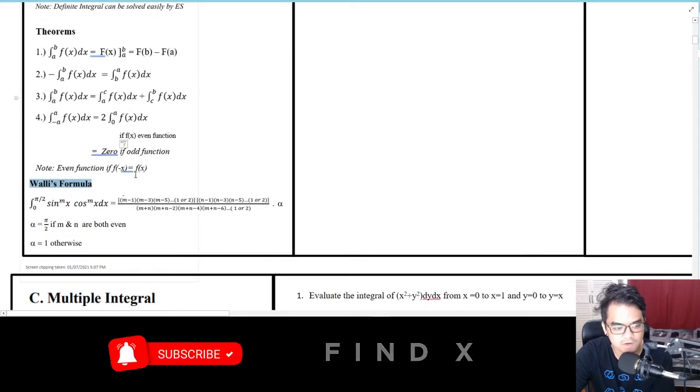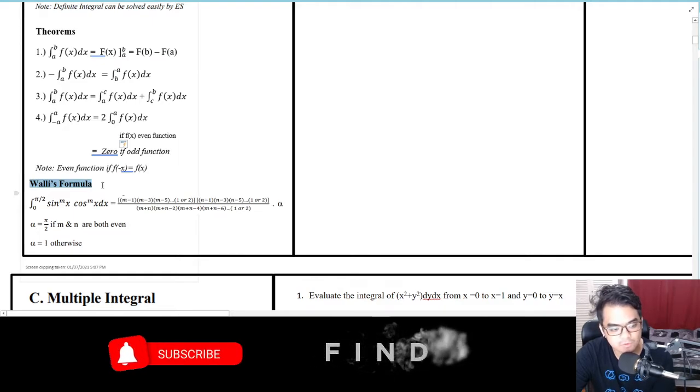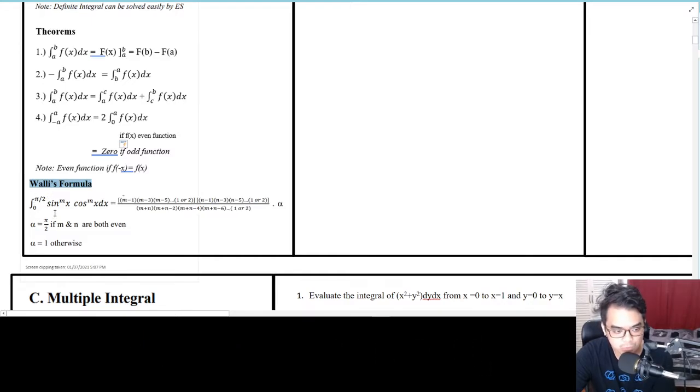Okay? So note that you can say that a function is even if f of negative x is just equal to f of x. Okay? So they are basically just equal. And then we have the second one. The next one is the Wallis formula. So if the given is something like this, exactly like this, that is integral of 0 to pi over 2